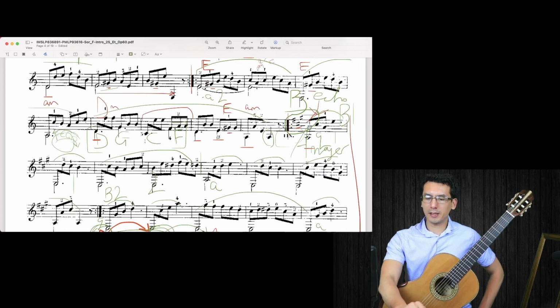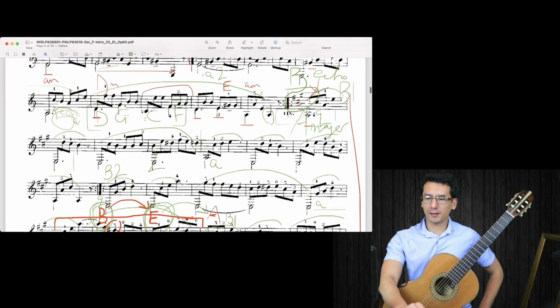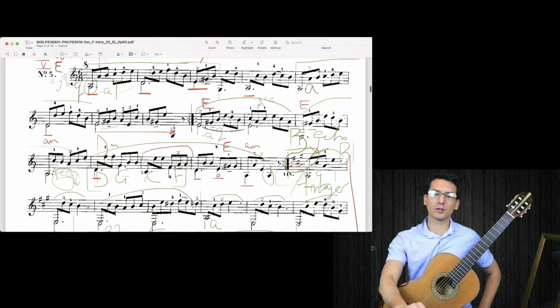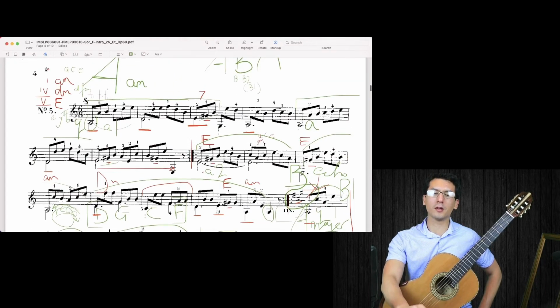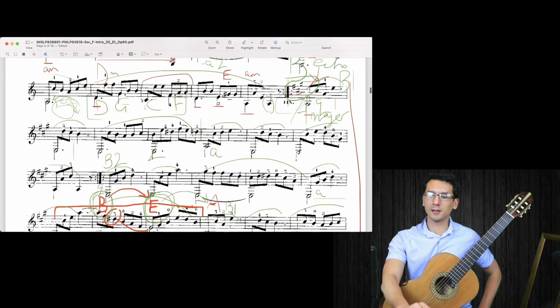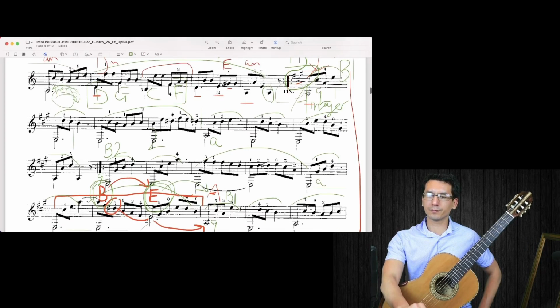And then in the B section, look at the bass line. A, E, E, E, A, E, E, A. So it's only 2 chords, which out of the primary chords, the most common ones, the most fundamental ones are the 1 and the 5, A and E in this case. So why is that? Well, I could explain that a long time, but I think it has to do with